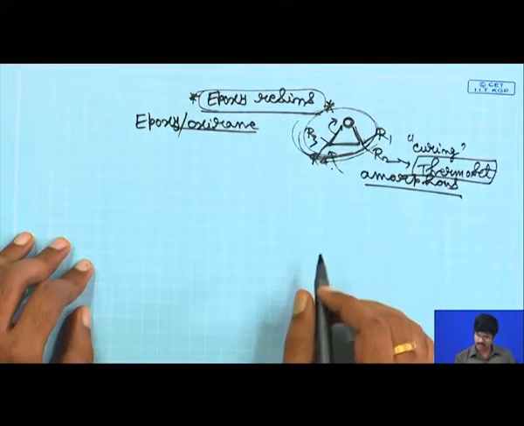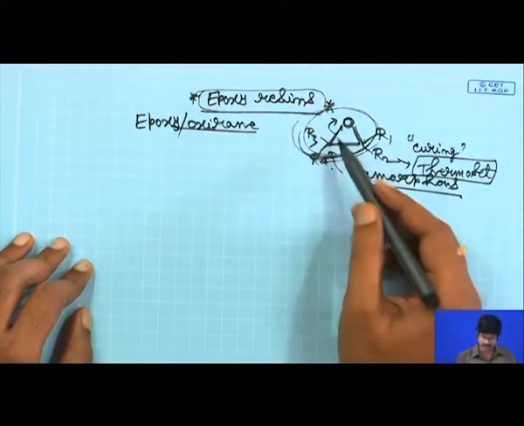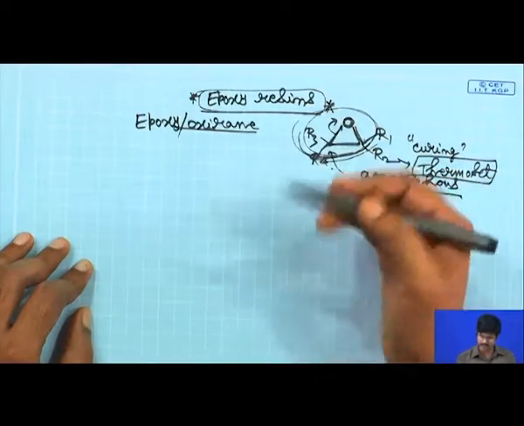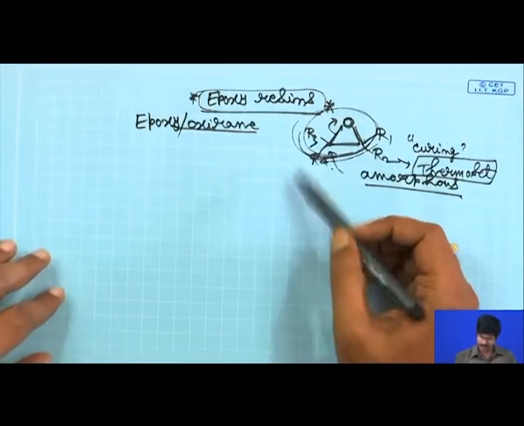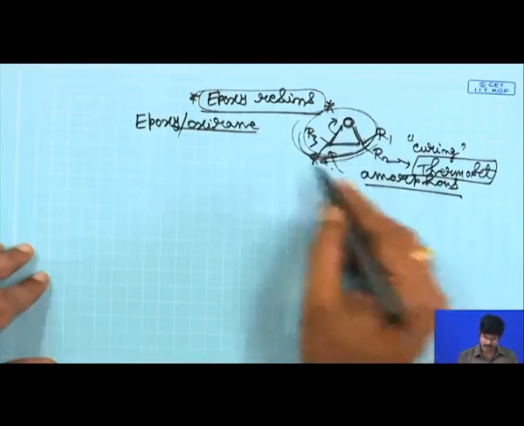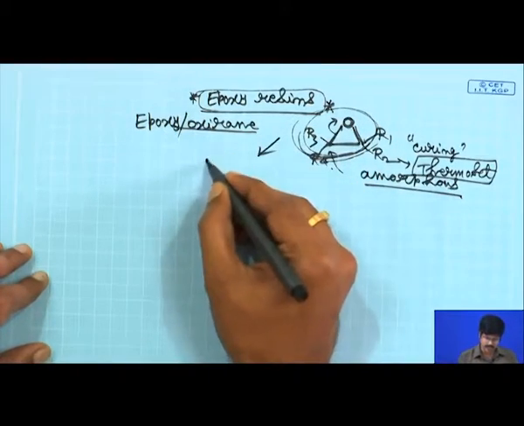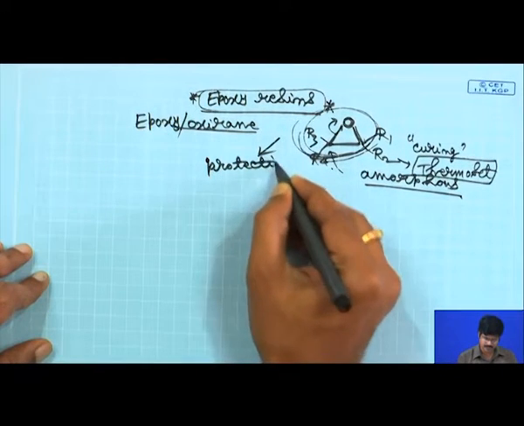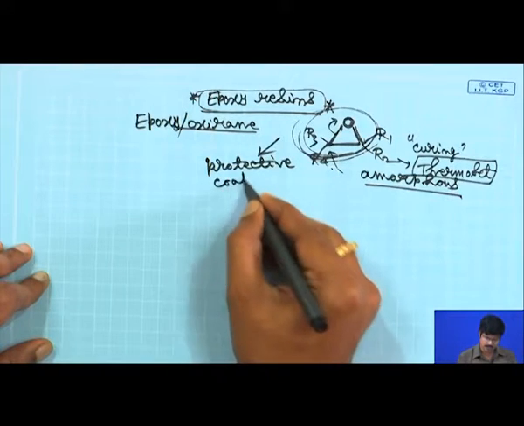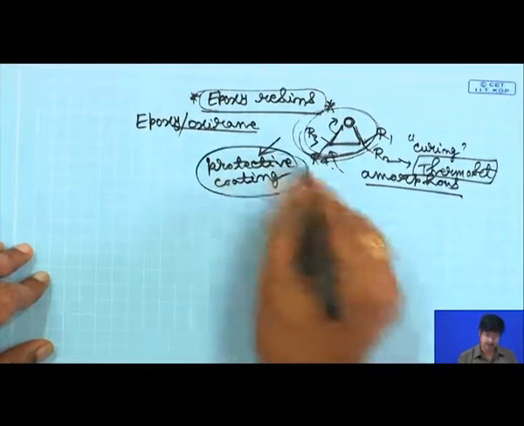thermoset materials, and they will have excellent mechanical strength and toughness, good adhesive properties, so on and so forth, good corrosion resistance. Now, that is why typically you will use these in protective coating applications,